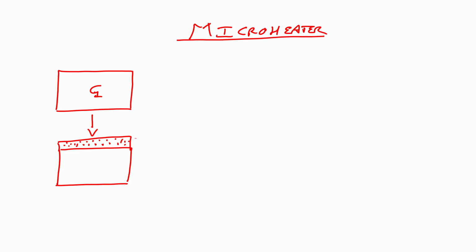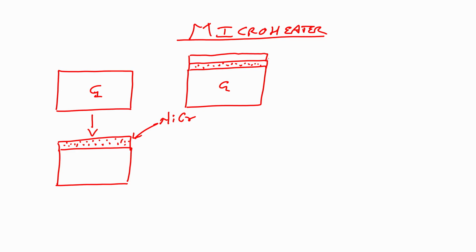So, let us use nichrome, right. Next step after this, what is the next step? I have this nichrome, on the nichrome I will spin coat positive photoresist, all right. Next step is